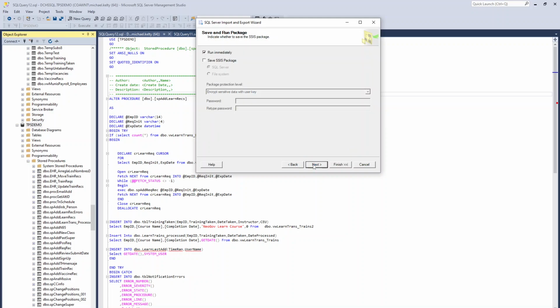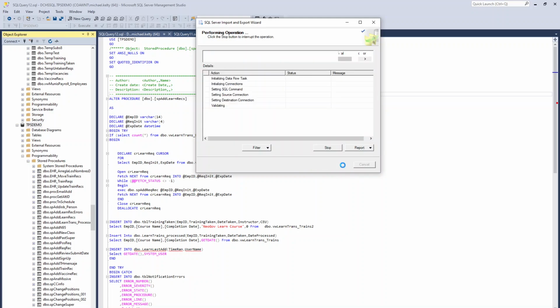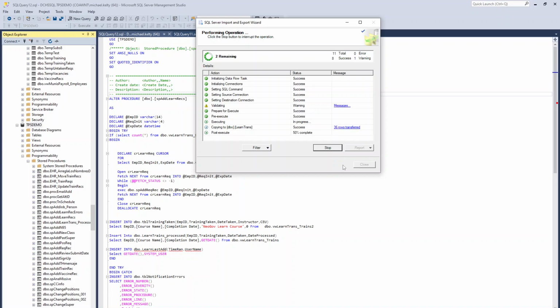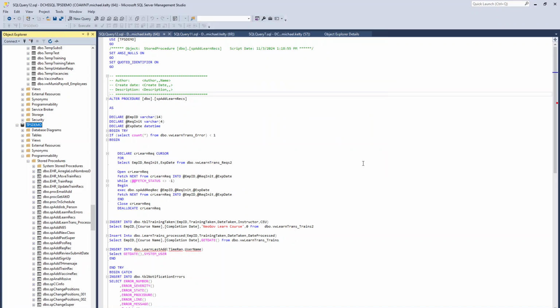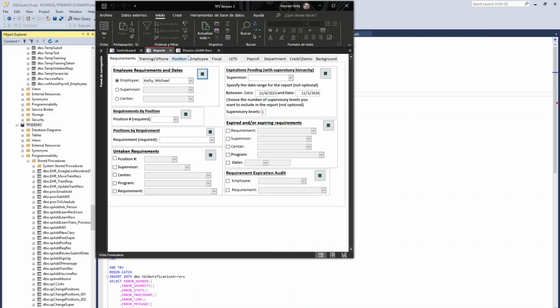Okay, so I'm going to go next, and finish, and it will import 36 rows. That's exactly the number that was in the spreadsheet, so that looks good. Okay, so now that is done, I can go over to my training and personnel system, and I can bring